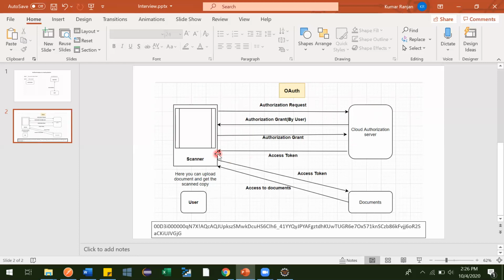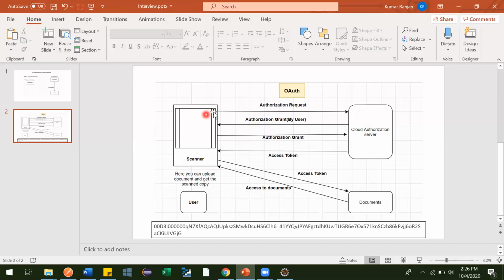Now how does it happen? This scanner application will have an icon to connect to Google Drive. While using it, the user will click here to connect to the cloud. Then the cloud will ask for a username and password.